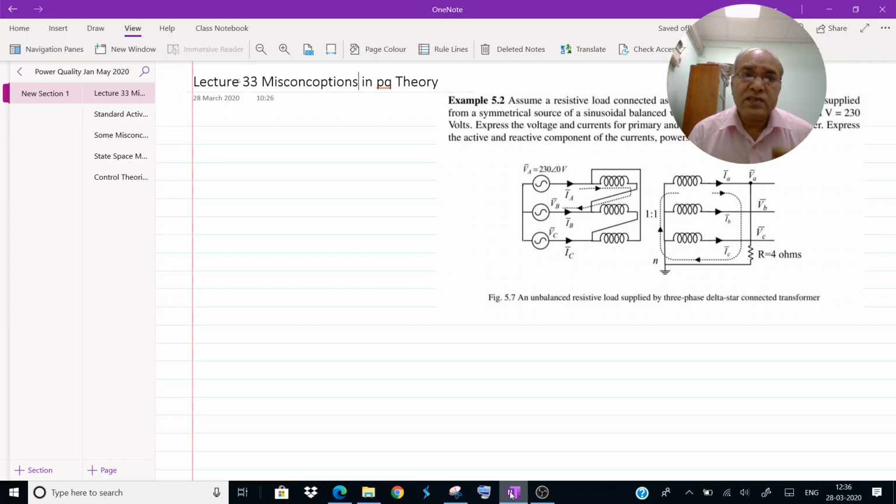Some misconceptions in reactive power theory, or instantaneous reactive power theory, or simply PQ theory. Okay. Now to explain this, I shall use the results obtained in the previous lecture. If you remember, last time when I explained this,